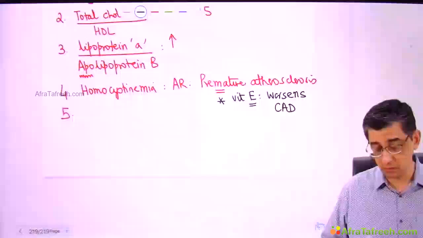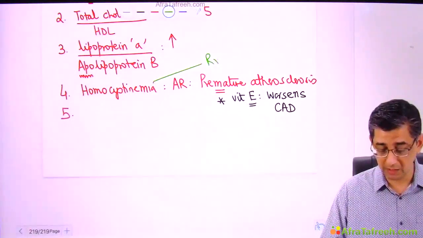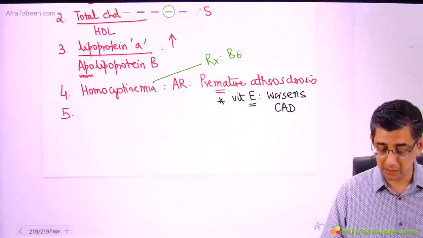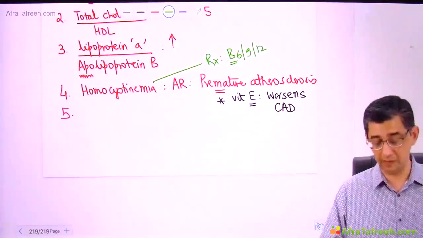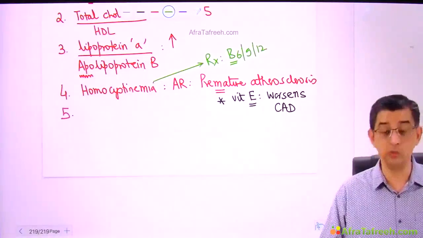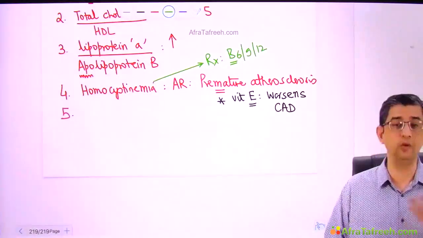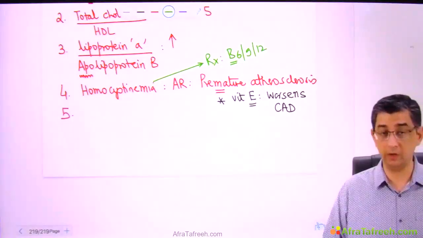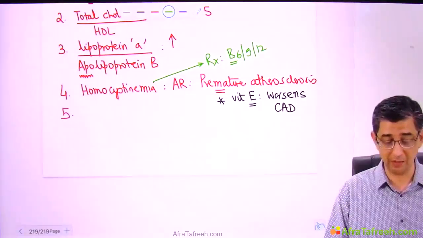So we are not supposed to give vitamin E for management of homocystinemia. As I said verbally, I'm writing it down here for record's sake. It is vitamin B6, B9, B12. In fact, lots of physicians you will notice are always writing these vitamins especially to Indian patients having homocystinemia. And if 4 of you get this test done, out of 4, maybe 2 of you young doctors could have elevated homocysteine levels. I mean, the prevalence is high.